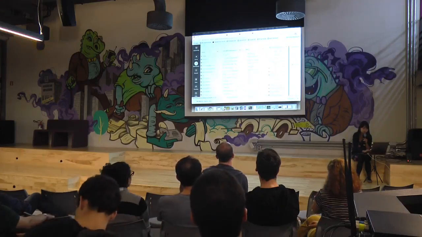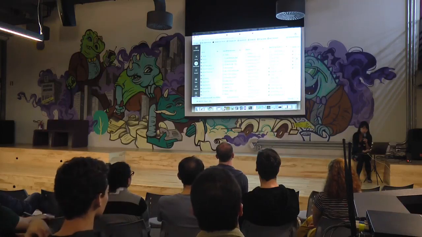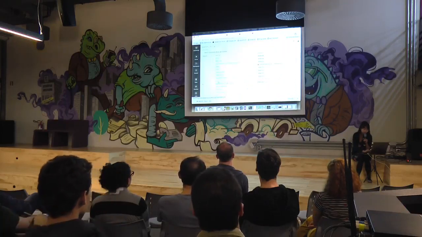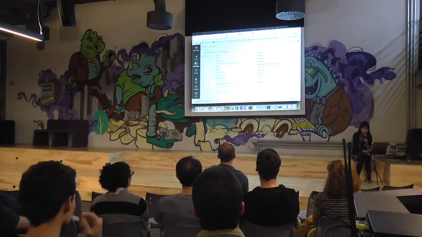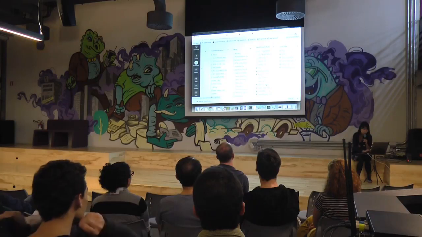I need the OpenCV package. Let me attach that. Okay, it's already attached. And then I also need MLflow.